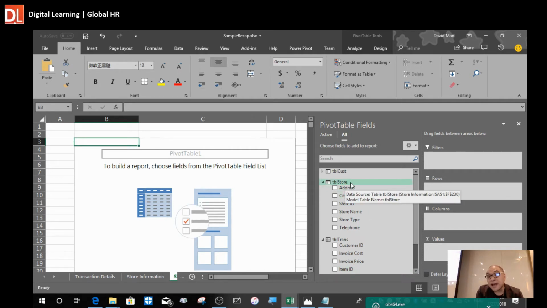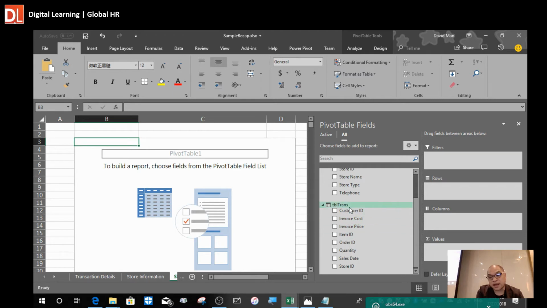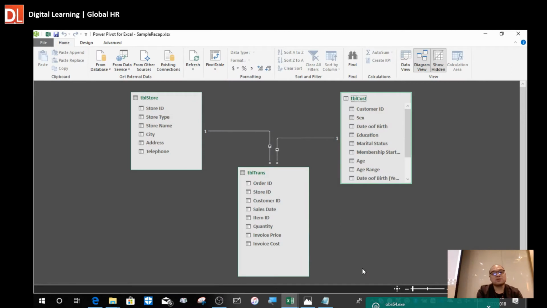In TBL store, we've got the store ID, and also in the transaction table we have the store ID. To prevent you from selecting the store ID inside the transaction table, what should you do? Just move here in the transaction table, select the store ID over here,